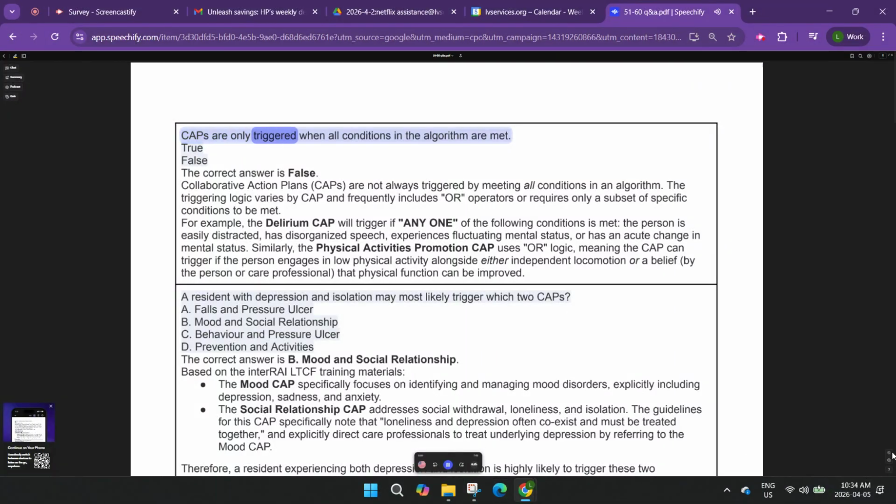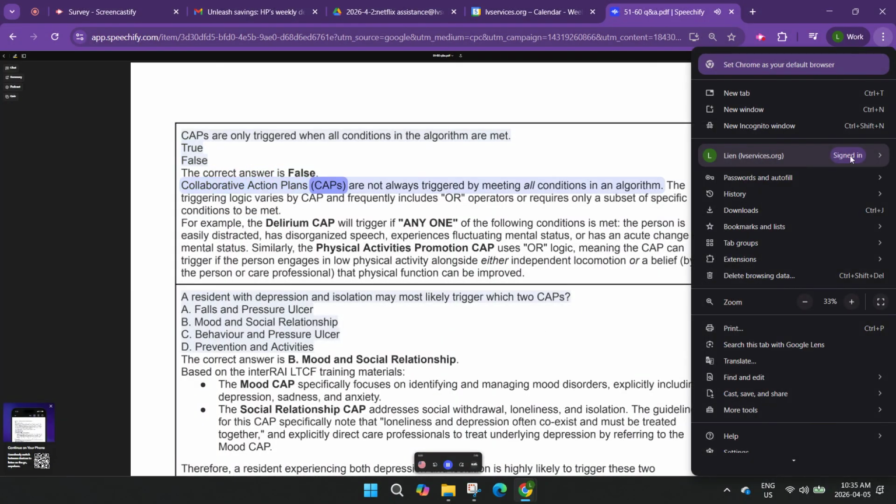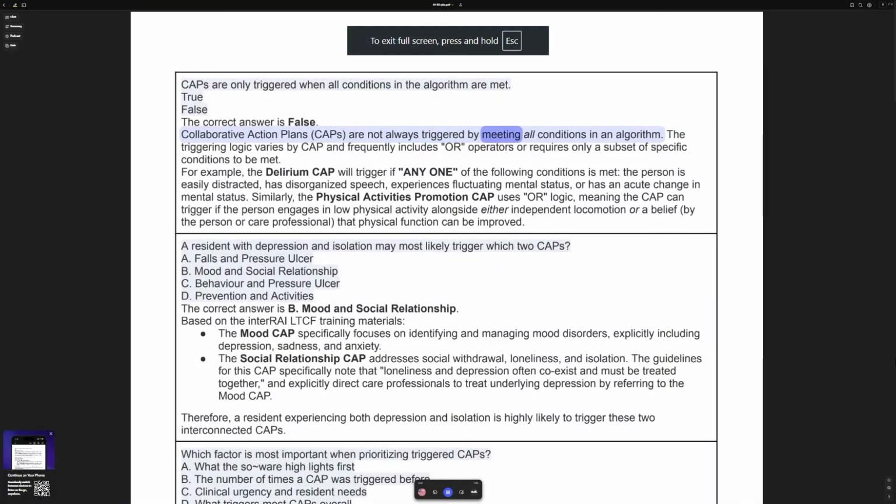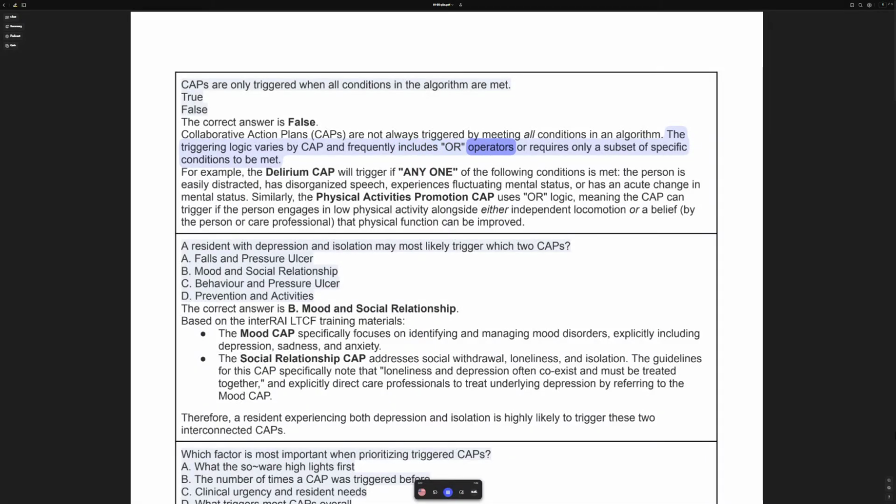CAPs are only triggered when all conditions in the algorithm are met. True or false? The correct answer is false. Collaborative action plans, CAPs, are not always triggered by meeting all conditions in an algorithm. The triggering logic varies by CAP and frequently includes OR operators or requires only a subset of specific conditions to